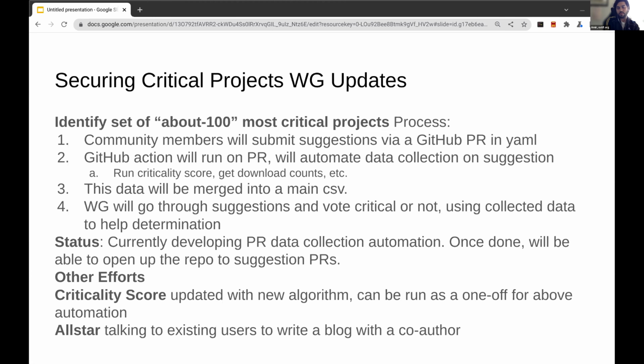I would just throw in one quick little tidbit. I definitely plan on going into it in more detail with the TAC and OpenSSF. Using that first iteration of identifying projects, we at OSTIF went through that and created a short list of around 50 projects that we would recommend for security audit because they have never been audited, factoring in all the things that we've been working on as a work group,